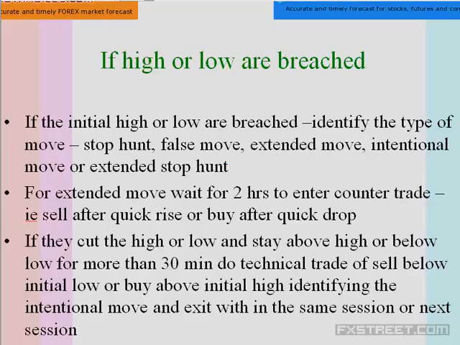So at the start of the session, end of the session, if you try to take positions whenever they are near the high or whenever they are near the low, then your trade becomes really easy. The type of moves they do in the market is the stop hunt. During the gap time, either a stop hunt or a false move could be seen. In the case of the Australian dollar, they made a false move. They came up to the high